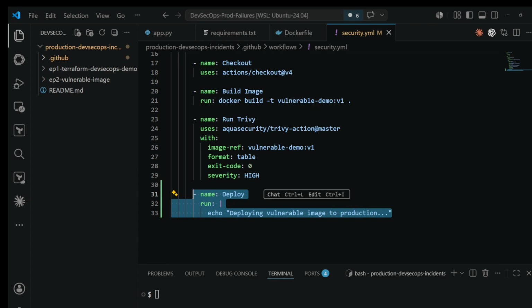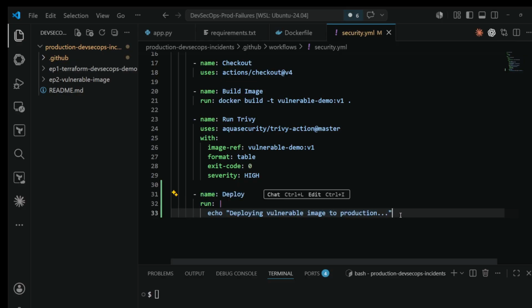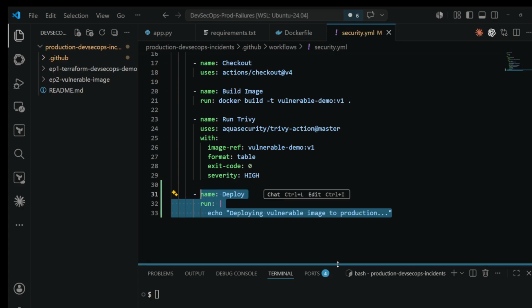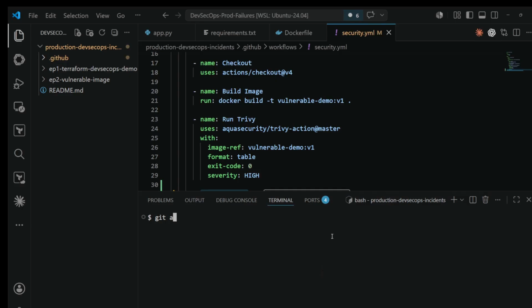In reality, after the scanning is done, we are going to deploy to a Kubernetes cluster or maybe ECS or maybe Azure Container Apps. It can be a production VM. Multiple places we can deploy this, right? I'm going to add this real quick, followed by git commit -m add deploy step